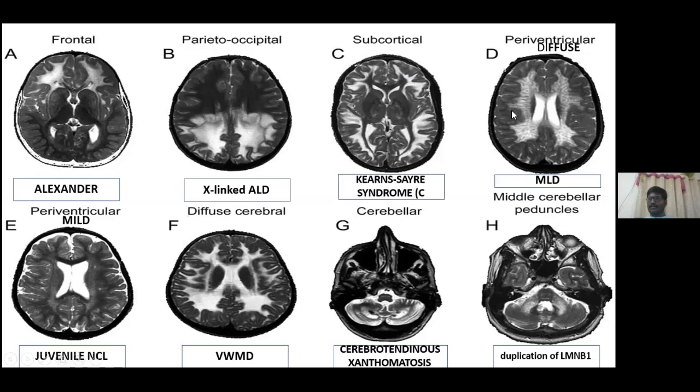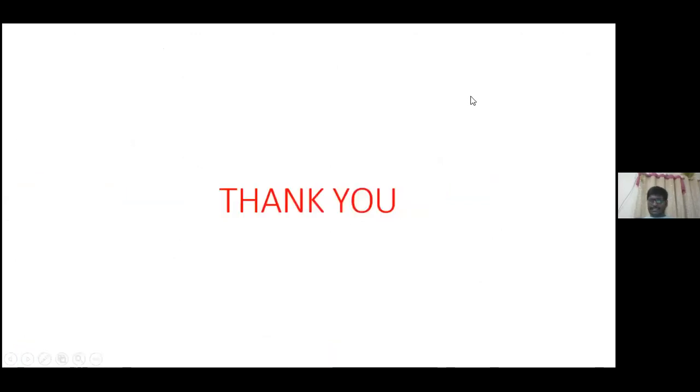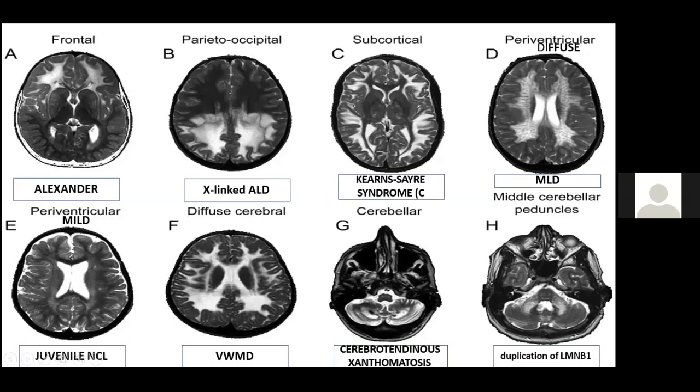And if you are able to see the extensive hypomyelination in the periventricular area, again, the moment you see the periventricular area hypomyelination, if it is diffuse, it is metachromatic leukodystrophy. And at the same time, you notice this tigroid pattern in case of metachromatic leukodystrophy. And if the demyelination is mild, this is juvenile neuronal ceroid lipofuscinosis.